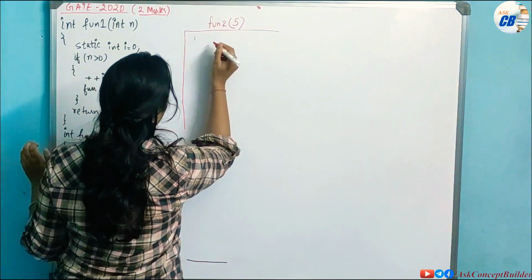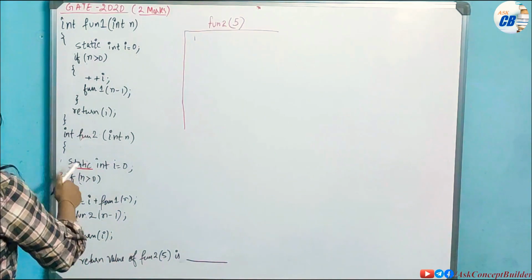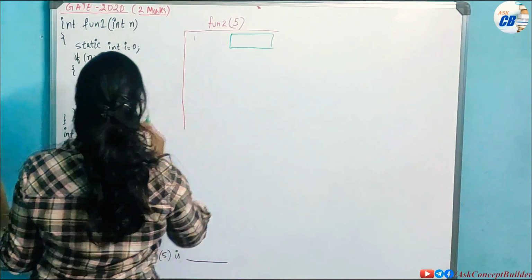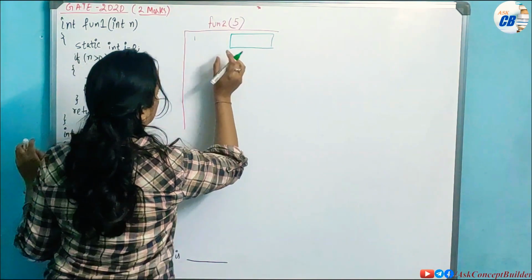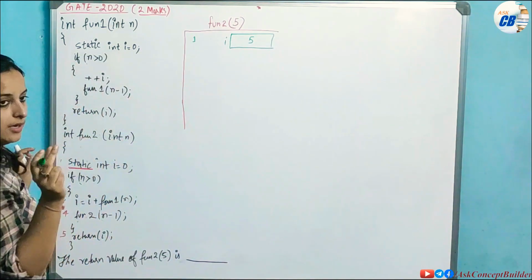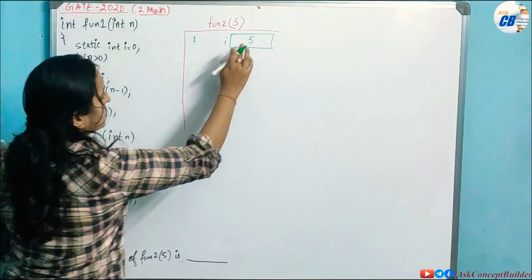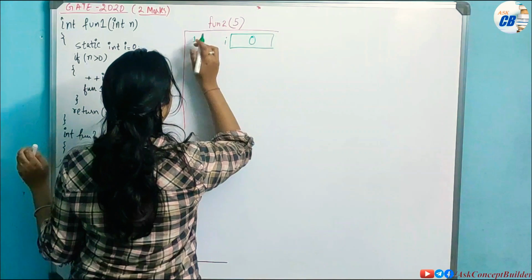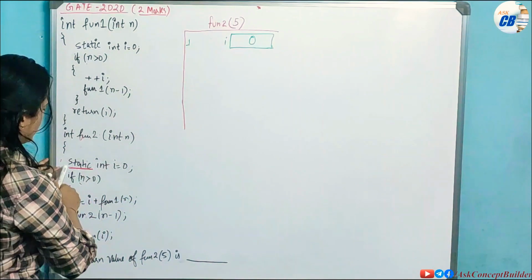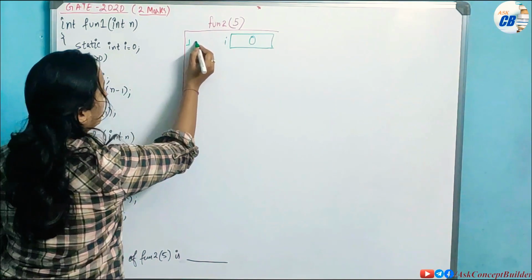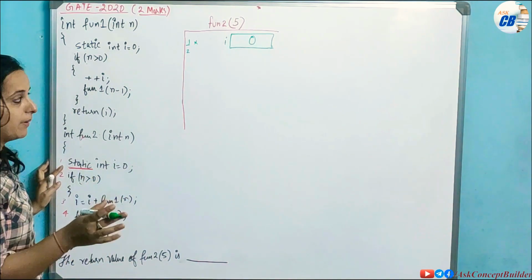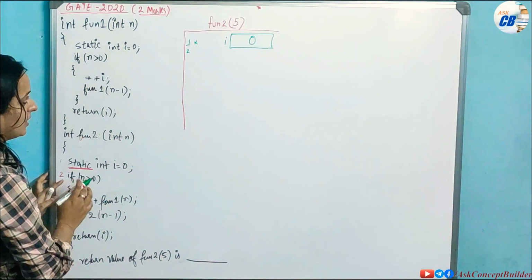Now for the first statement, you have to allocate a memory for this, and this will be allocated at compile time only. At runtime it is not allocated, because it is static. So at compile time only this i was allocated the memory and initialized with the value 0. This is done at some memory location. Now when the first step comes, this step will not be executed, because whenever it sees static, it will not create memory for it at runtime, since at compile time it is already created. Now the second statement is if n greater than 0.